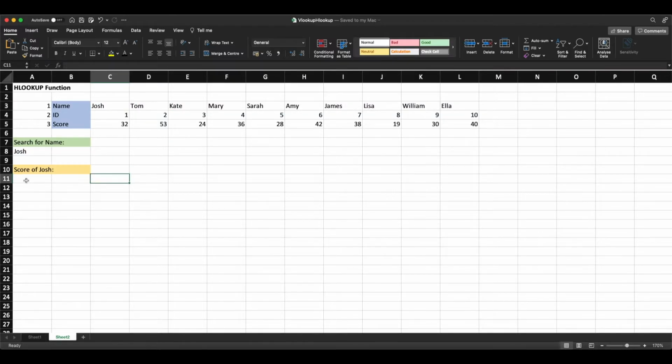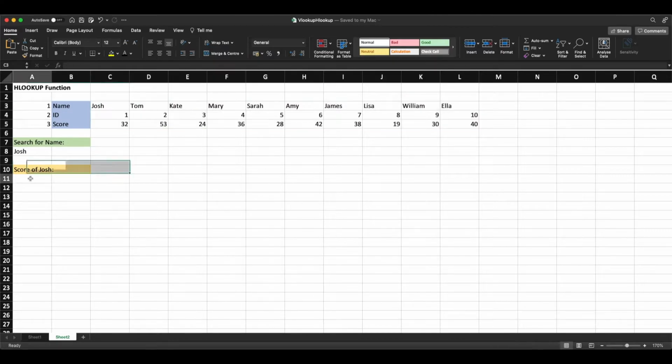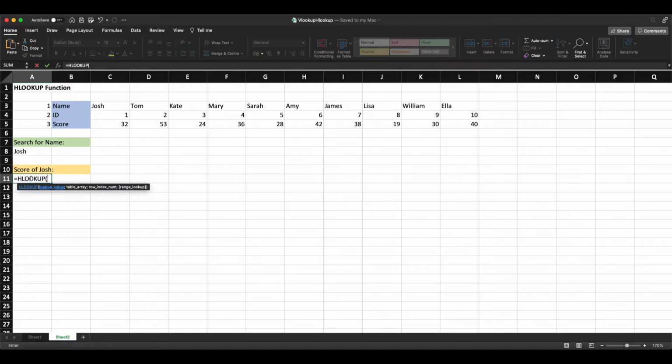Okay, so now here we want to get the score of Joshua from this table above here. It's just the transposed table from the VLOOKUP function video. For that we just type equal HLOOKUP. We get the lookup value, which is Josh, then the table array,